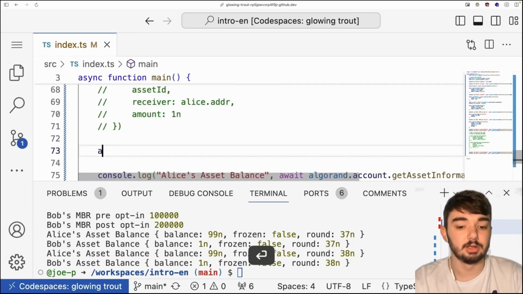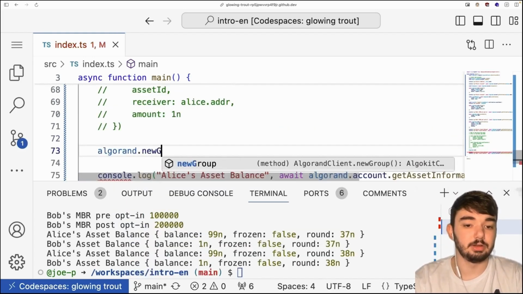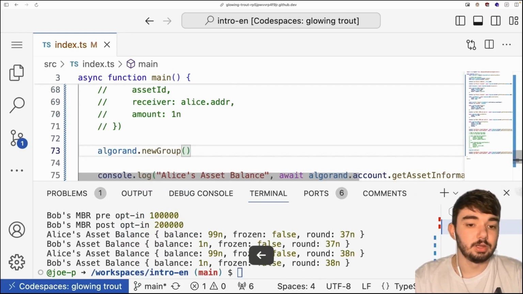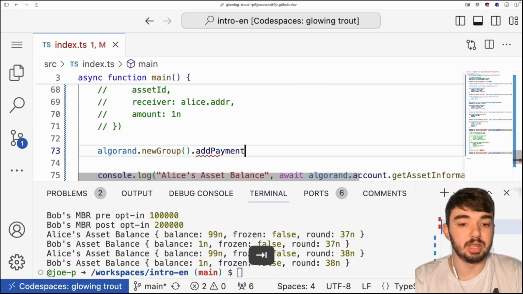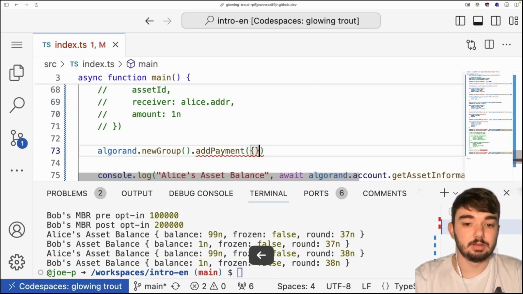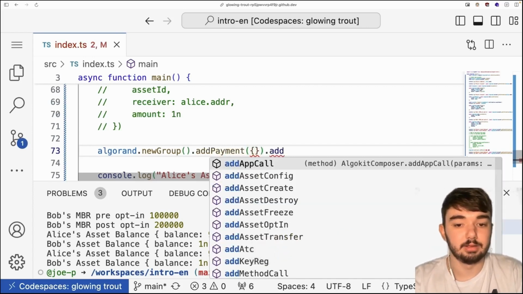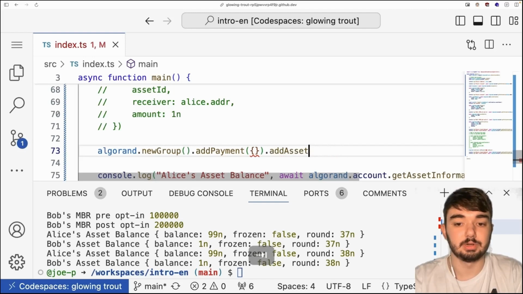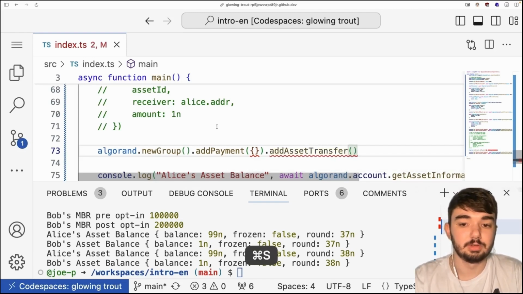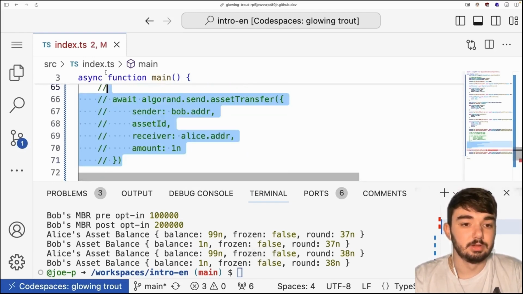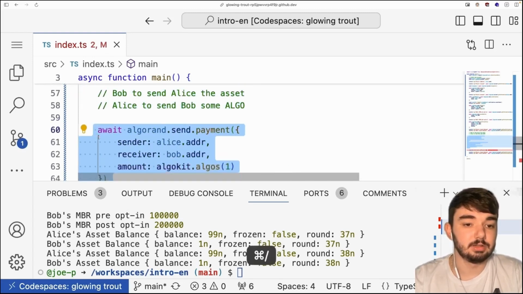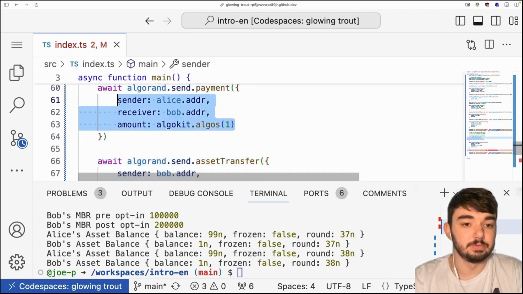To do this, we're going to do algorand.newGroup, and we're going to add our transactions to the group. So I'm going to add payment, and then add asset, oops, not config, asset transfer. So let me uncomment these and copy out our fields here just to save a little bit of time.